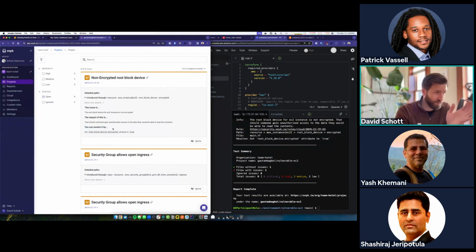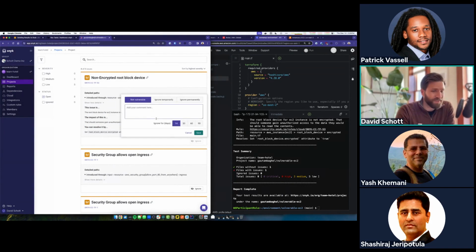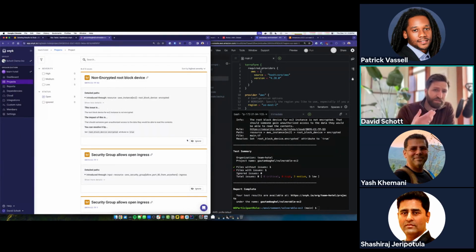And if we, for some reason, don't believe what Snyk is saying here, or just want to take our own approach with this issue, we can ignore it and say this issue is not vulnerable because I believe something different, or we could temporarily ignore that issue for some time period, or even permanently ignore that. And you can also tap into Snyk's audit log capability. We have APIs and AWS integrations like CloudTrail Lake and Amazon EventBridge, where you can listen to what's going on in the Snyk platform, like when people are ignoring issues like this, and then have notification and response workflows built around that.